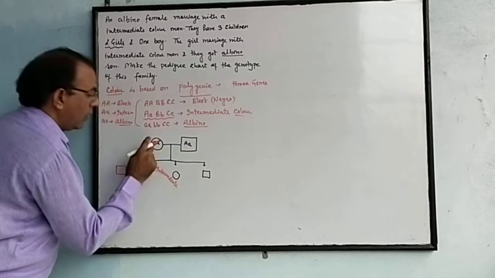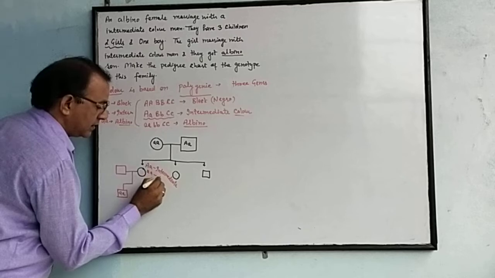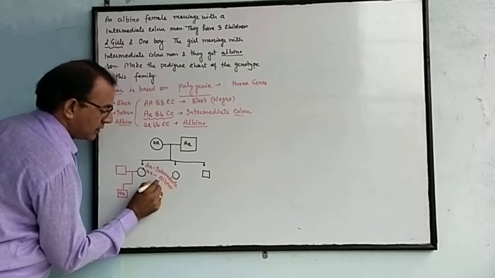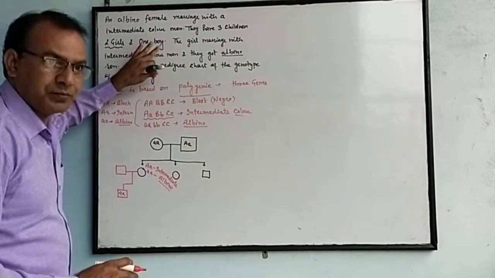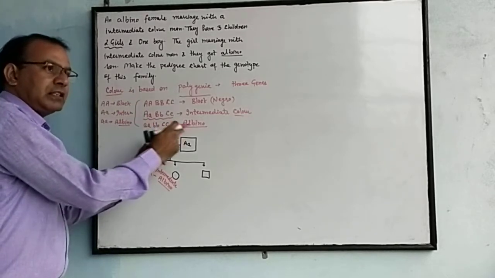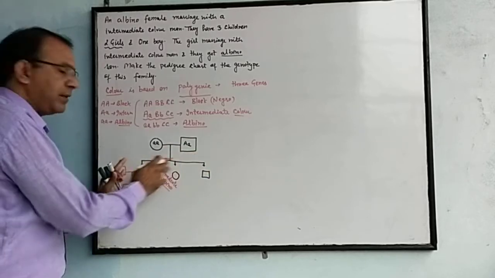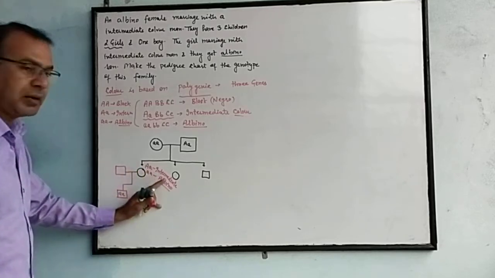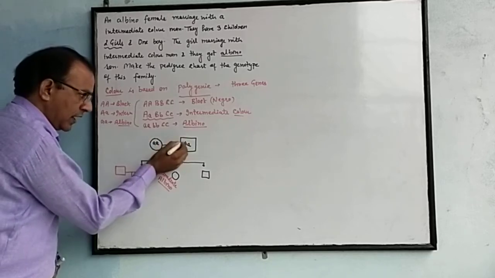or the small a from mother and small a from father, then this is albino. Albino, because the girl's color is not given in the statement. According to the statement, the albino female marries an intermediate-colored man, and they got three children, two girls and one boy. We have represented the possibility that this girl may be intermediate or albino, because one trait is from the mother and one from father.